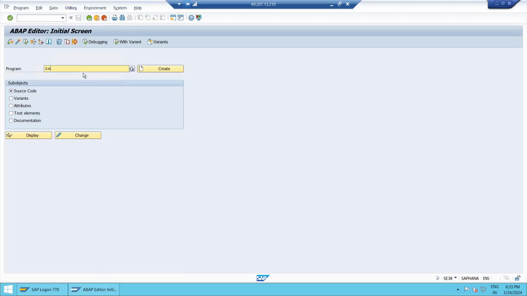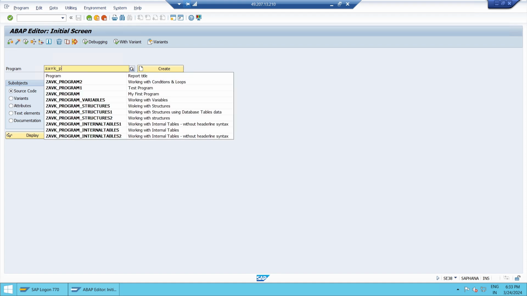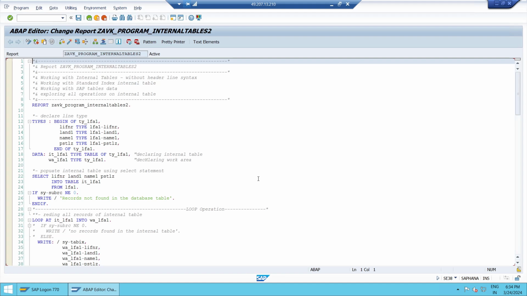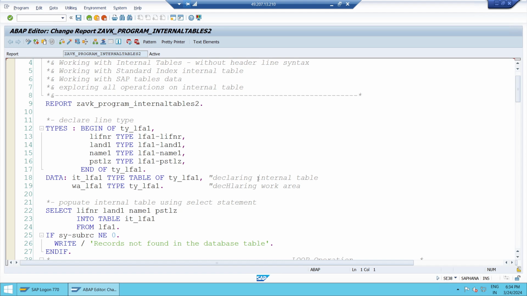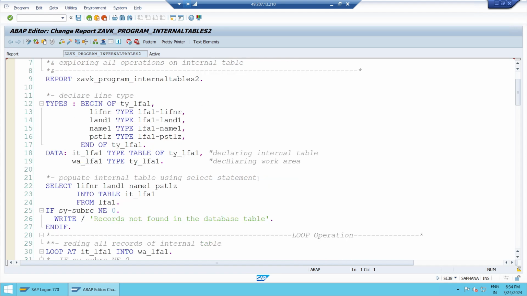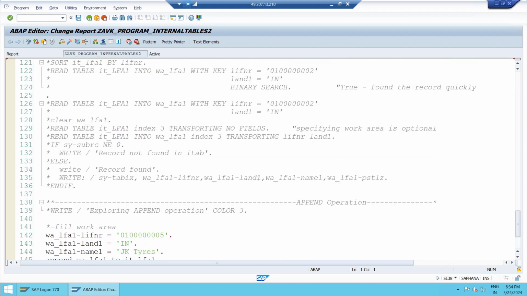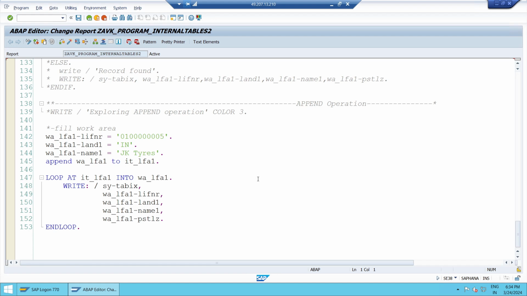the VK underscore program underscore internal tables 2. Internal tables 2, in this we discussed the loop statement, read statement, everything. Okay, the append operation. So if you look at here,